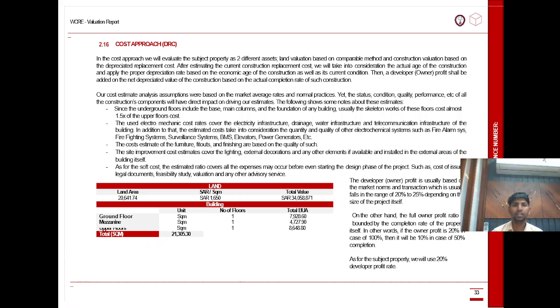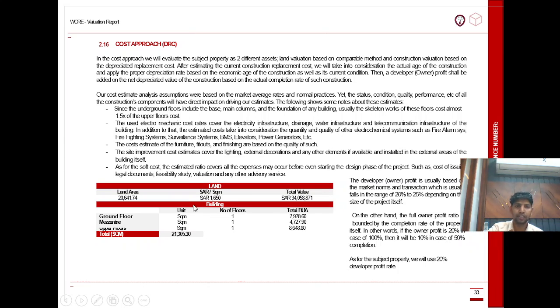After estimating the current construction replacement cost, we will take into consideration the actual age of the construction, and deduct the depreciation value of the construction based on the actual compliance rate of such construction. That is the cost approach, which is necessary to cover in the valuation.